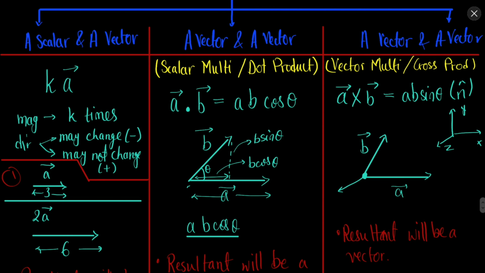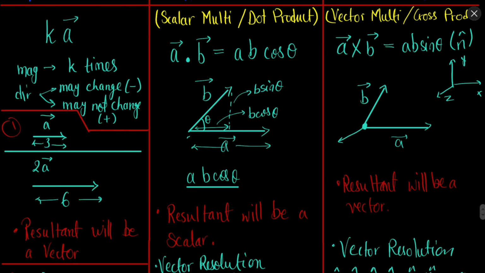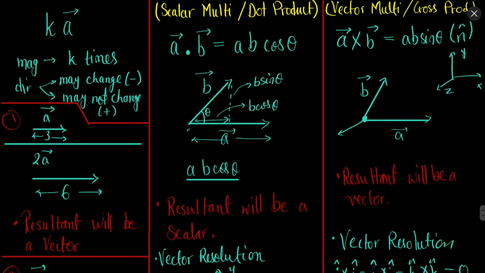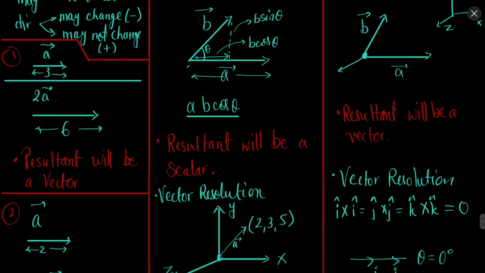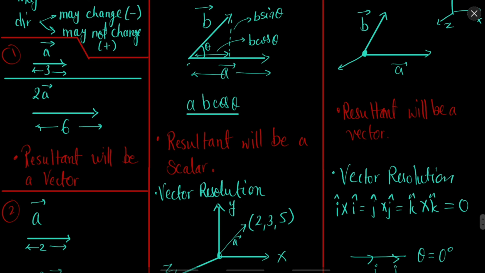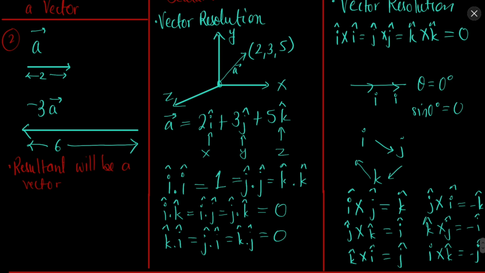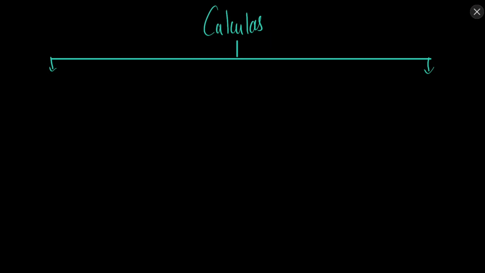When we have scalar multiplication of two vectors, the resultant is a scalar itself, and it shows the projection of one vector in the direction of another. And in vector multiplication, we want to find the vector which is perpendicular to both the given vectors, and the resultant is also a vector, in the direction perpendicular to the given vectors. And you can remember i, j and k using sin theta and cos theta. So this was the summary of vectors, a brief introduction to vectors.